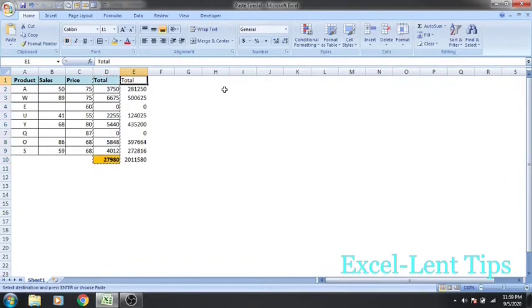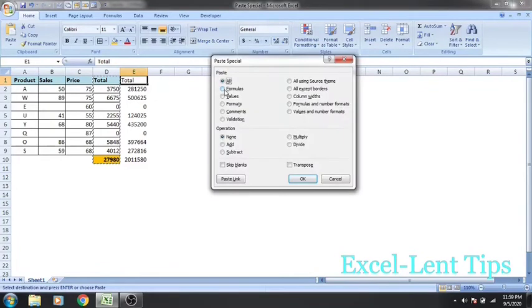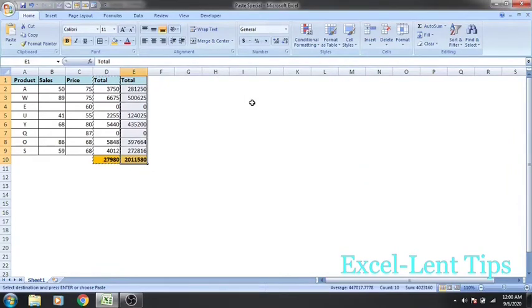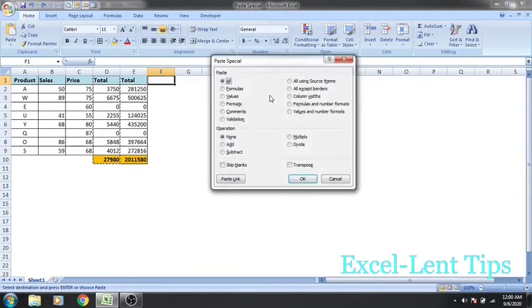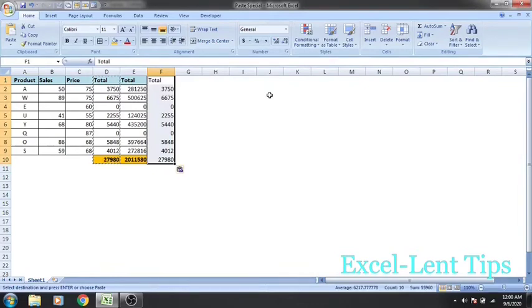Now I want to paste the formatting, which is like the bold, borders, color, everything. For that the shortcut is Ctrl Alt V, and then T for formats, and give enter. The format gets pasted. Now I wish to paste only the values of this cell to the next cell. For that the shortcut is Ctrl Alt V and values, which is V, and give enter. The values alone will get pasted. The formula will be removed.